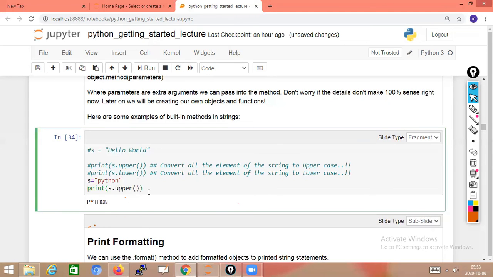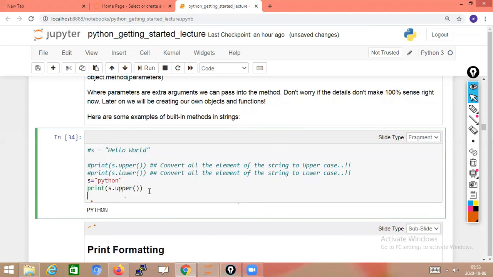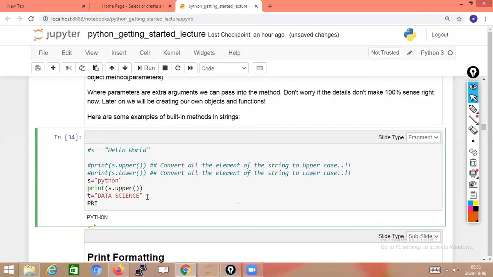For example, one more. Take a variable t. t is equal to, I'm writing in capital letters, DATA SCIENCE. This is in capital. I need all this in small. Print t dot lower.